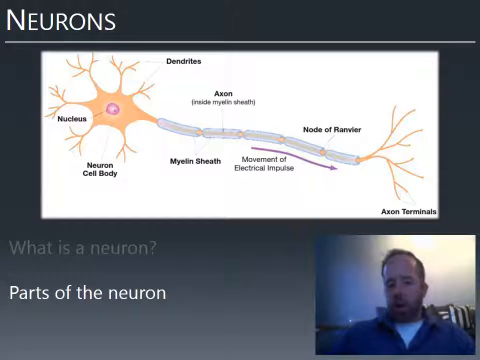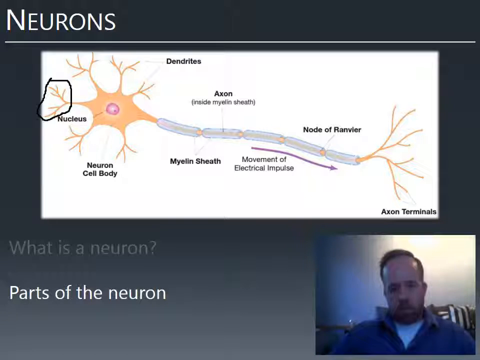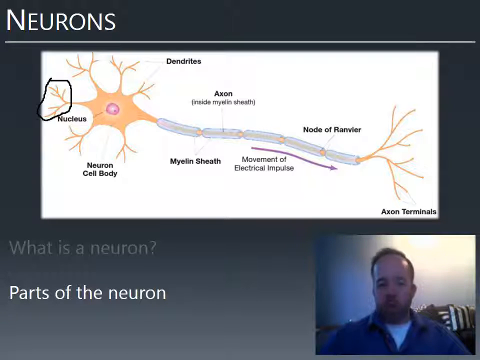And the neuron has various parts. So on the left side here, I will indicate just one of them. These are what are called dendrites that I'm circling. These are projections, and this is, for our purposes, where the neuron takes in information. So these are the receiving parts of the neuron. And all the information will be brought together and added up and put together in an output for the neuron later. And we'll talk about how that works over the course of the week. But dendrites are sort of the input area of the neuron.